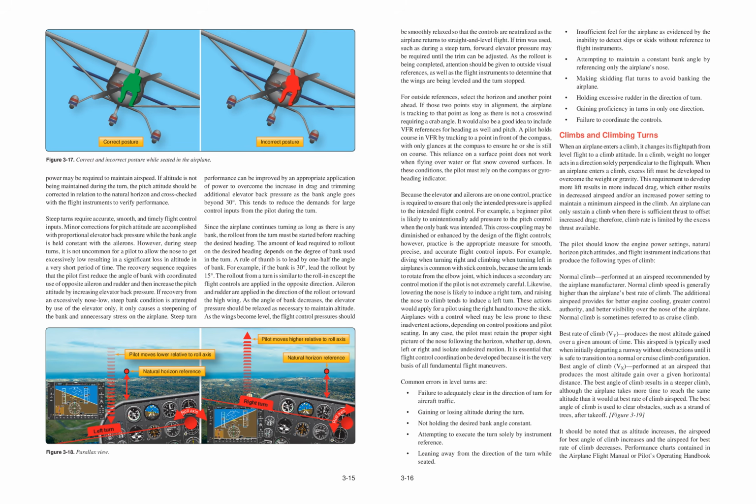The rollout from a turn is similar to the roll-in, except the flight controls are applied in the opposite direction. Aileron and rudder are applied in the direction of the rollout or toward the high wing. As the angle of bank decreases, the elevator pressure should be relaxed as necessary to maintain altitude. As the wings become level, the flight control pressures should